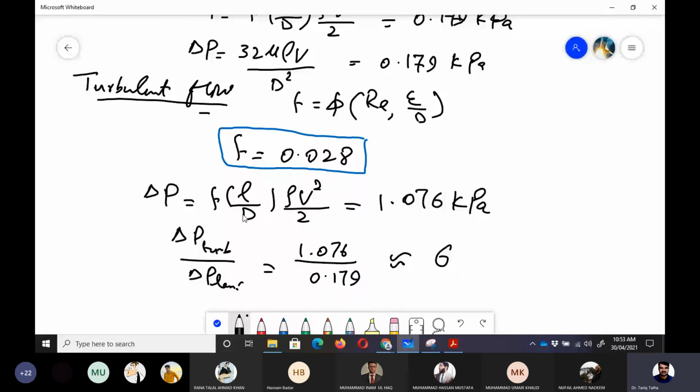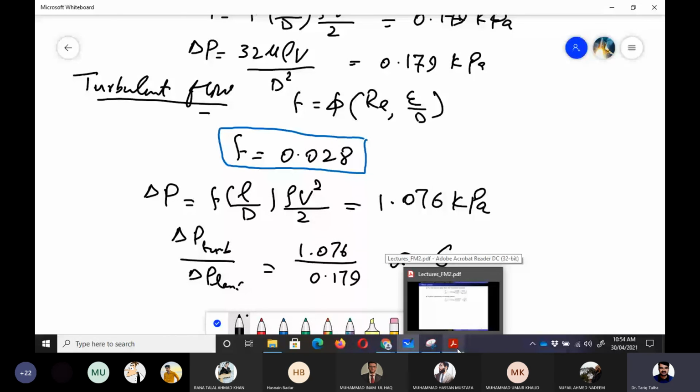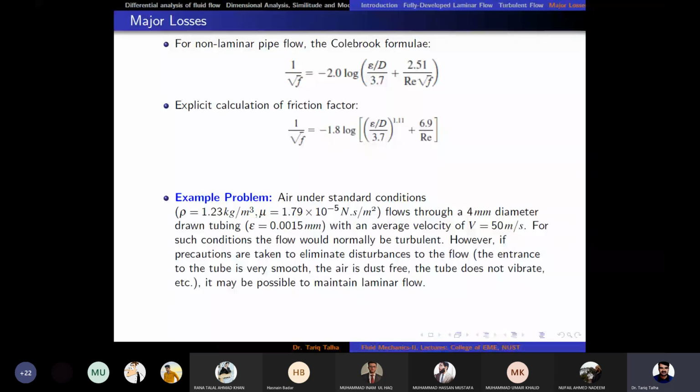If the flow is turbulent, it is kind of 6 times more if we want to achieve the same mass flow rate for the given condition. So we need to provide kind of 6 times more pumping power. If for the laminar flow it was a 10 horsepower pump, for the turbulent flow a 60 horsepower pump would be required. Right. So this was it for the cases of major losses, and we have only calculated the friction factor,